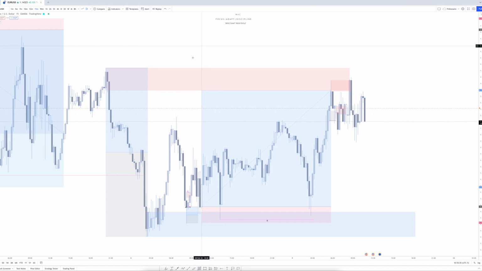I'm going to break this down for you guys from top to bottom and explain to you all why I was in this trade, so you all can go backtest this area and hopefully catch the next one that takes place.